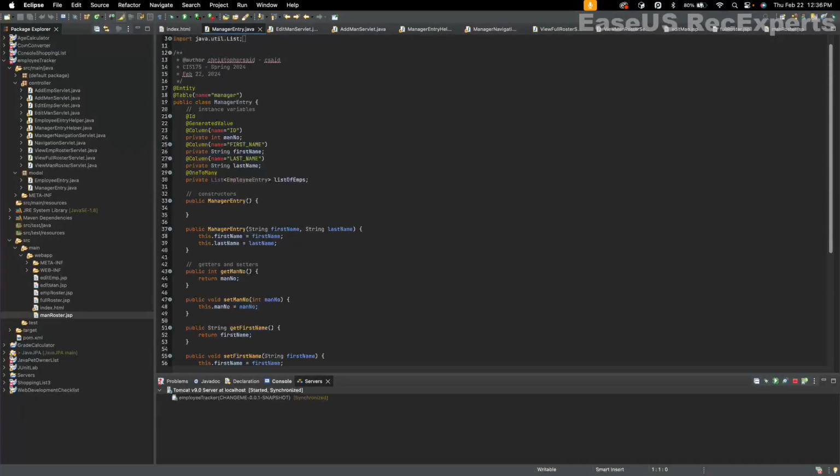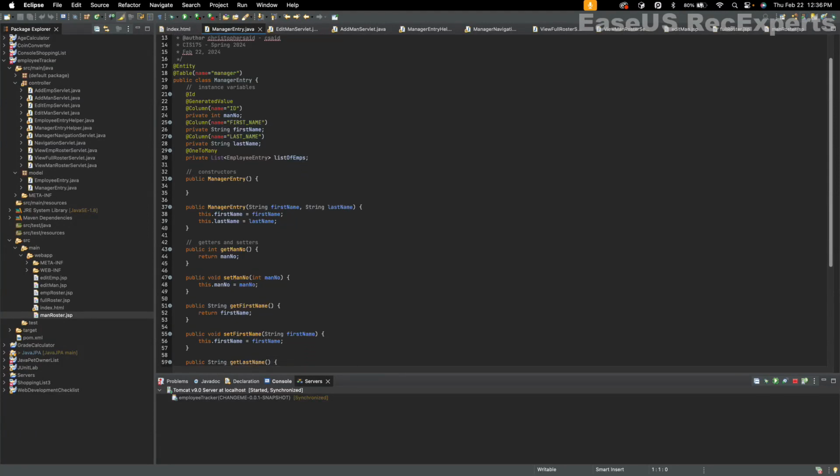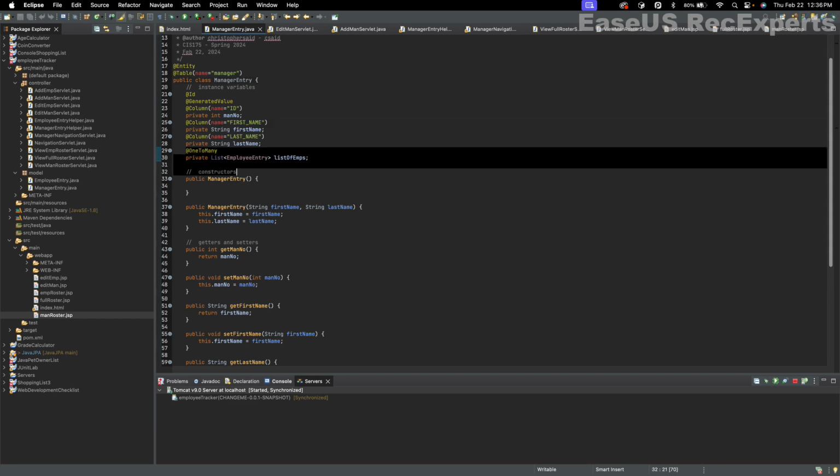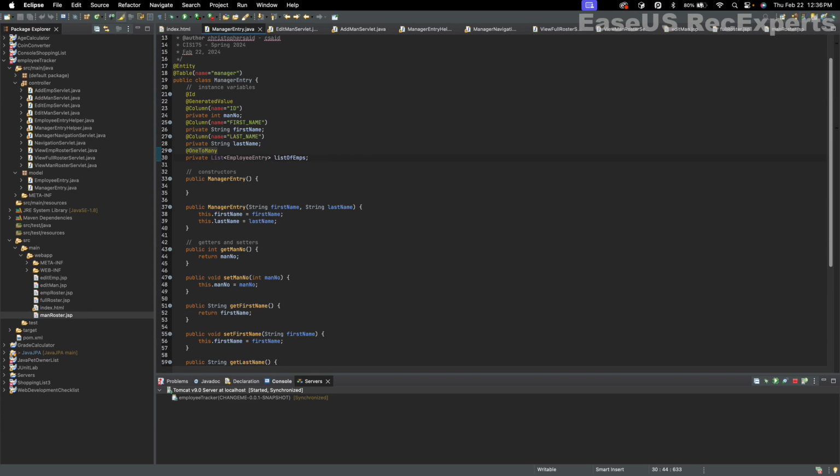This is the assignment for Java JSP JPA, focusing on table joins. The table here that is new to the entire setup is the manager entry. So we've annotated it properly with the entity at table. We've got a generated ID for the primary key. We have columns, and we have a one-to-many relationship here that allows us to create a third table that links